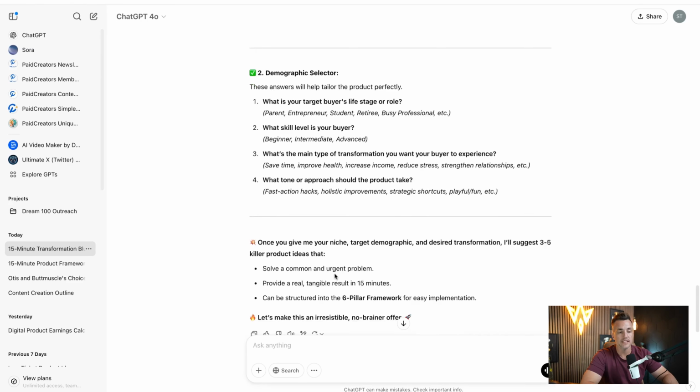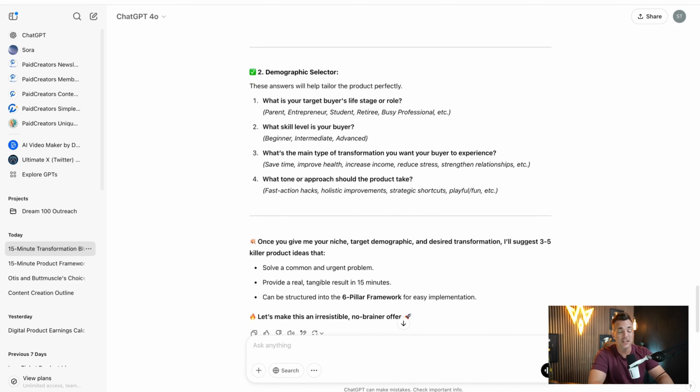So in this case, I'm going to use our quit smoking example. Actually, I was hoping to create a quit smoking fast style program. So again, I'm going into this with the idea that I already know what I want, and I would like your help. This is important that you understand how I'm actually talking to it.